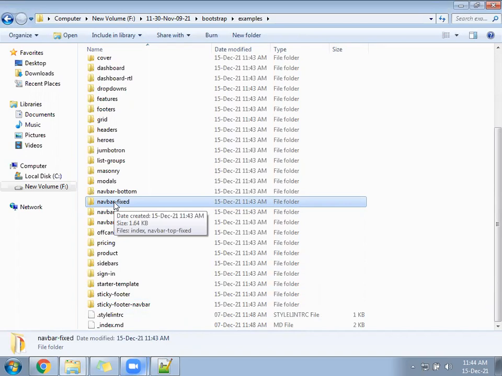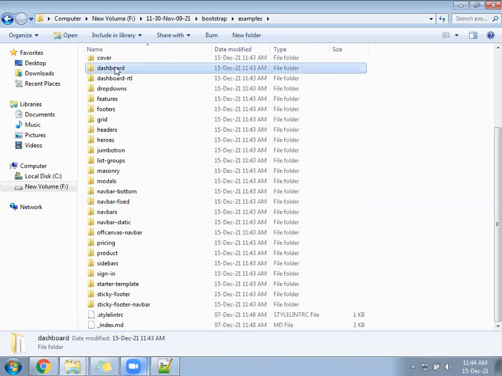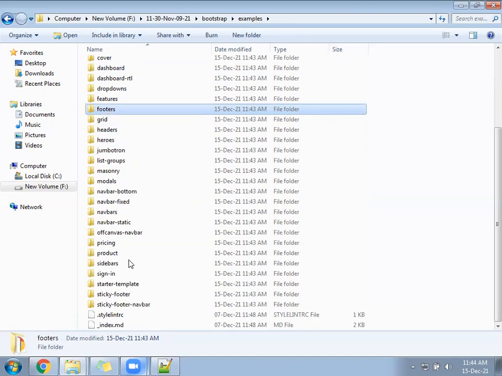Many folders are here, and all are different types of examples. Like suppose dashboard, it will have some dashboard icons, some home page design. If you go to the header, it will have a header section. If you go to the footer, it will have footer code. If you go to the sidebar, it will have some left side code. If you go for the navbar fixed, it will have the